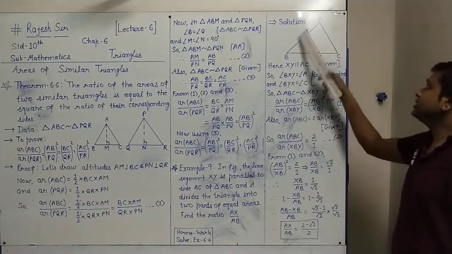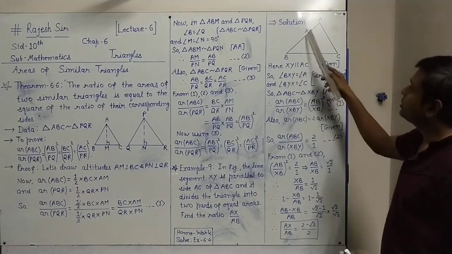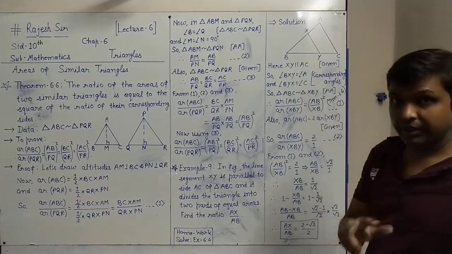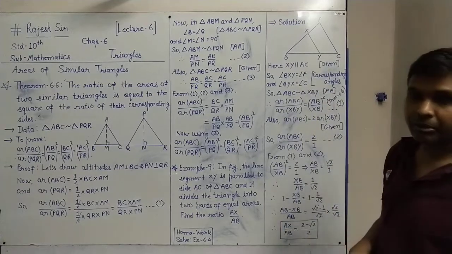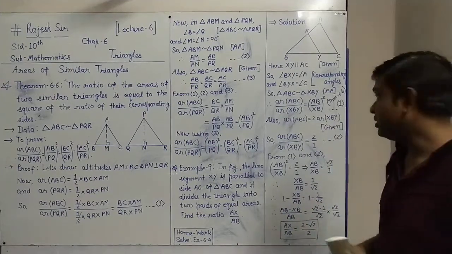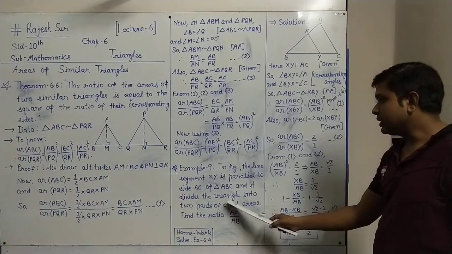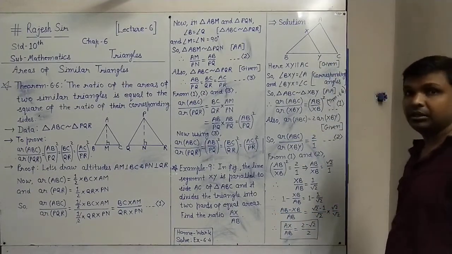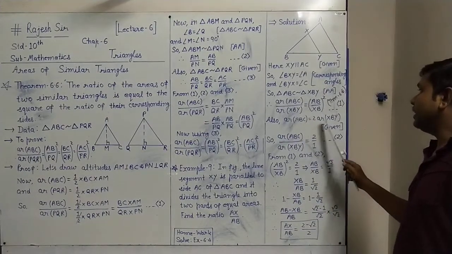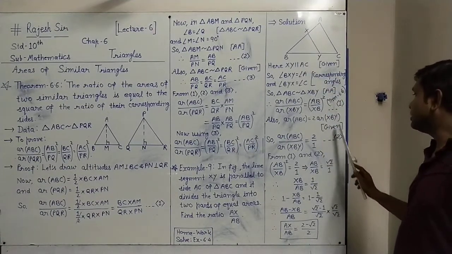Area of triangle ABC, that is the original triangle's area, is equal to 2 times the area of the smaller triangle XBY, because it divides in equal area. So the smaller part will be half of the original, and the original area will be double the small. That is given. Why are we writing given? Because of the condition that XY divides in equal area. The whole triangle is divided into equal areas, so the whole triangle's area is equal to twice any one part, that is the XBY area. It's double the area. Say this as result 2.